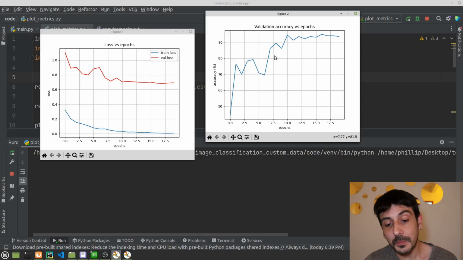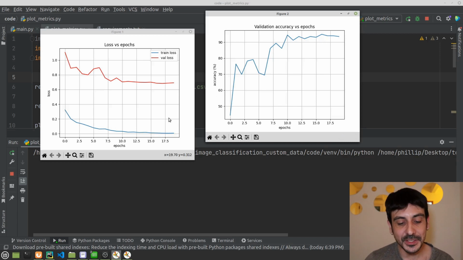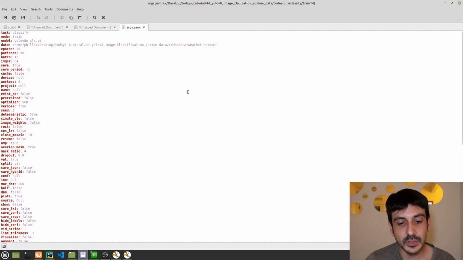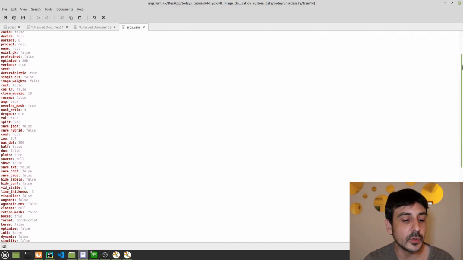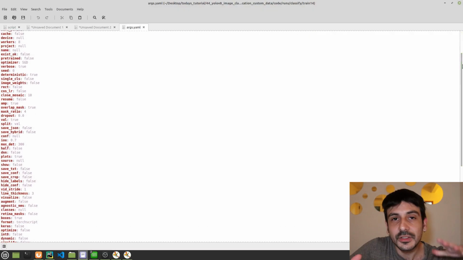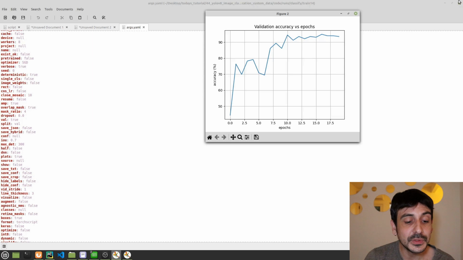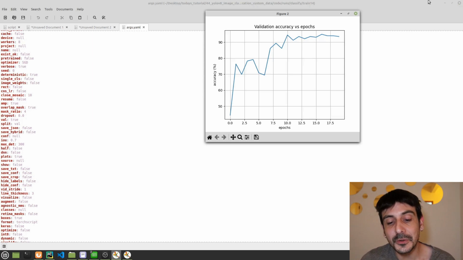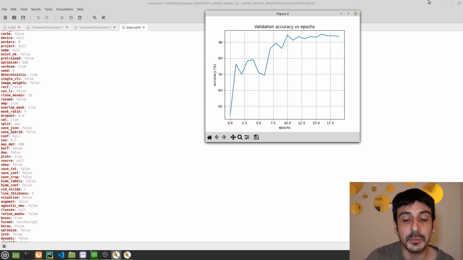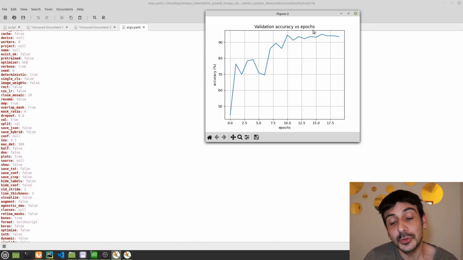Now, obviously, we could make this process even better if we change some of these parameters and do a more customized training. I'm sure we would be able to have a better model, right? Because remember, we are using all the default values. As it usually goes, if we make a more customized training and try different parameters and so on, we should be able to get a better model.